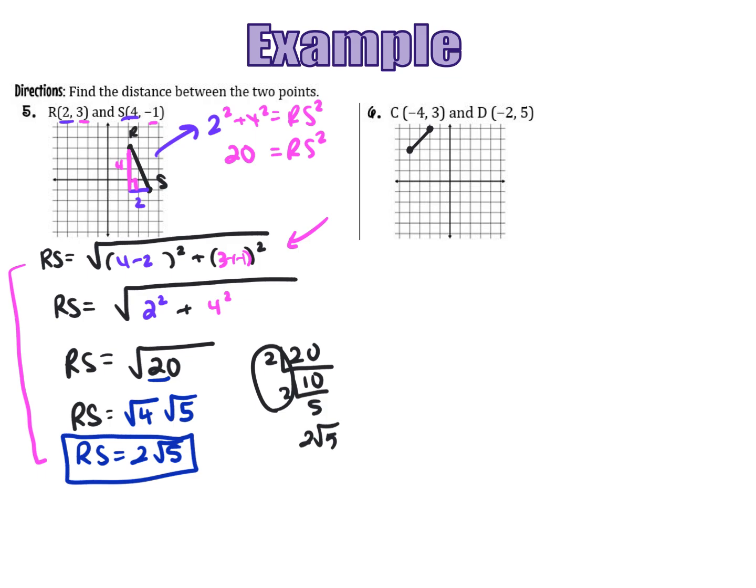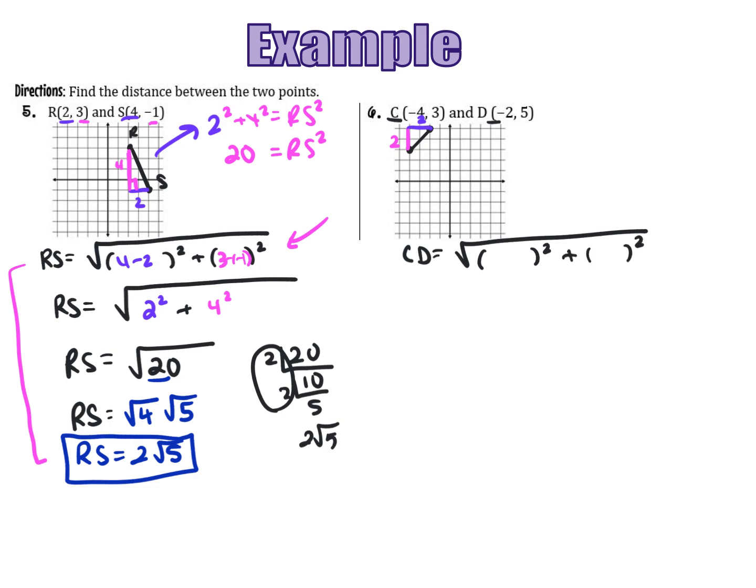So if we look at number 6, and again, I'm going to go ahead and mark up my y change and my x change. It looks like my x change is going to be 2 and my y change is going to be 2. But let's confirm if our formula matches that. Now we have C and D. So the length of CD is going to equal the square root of the difference of my x's squared plus the difference of my